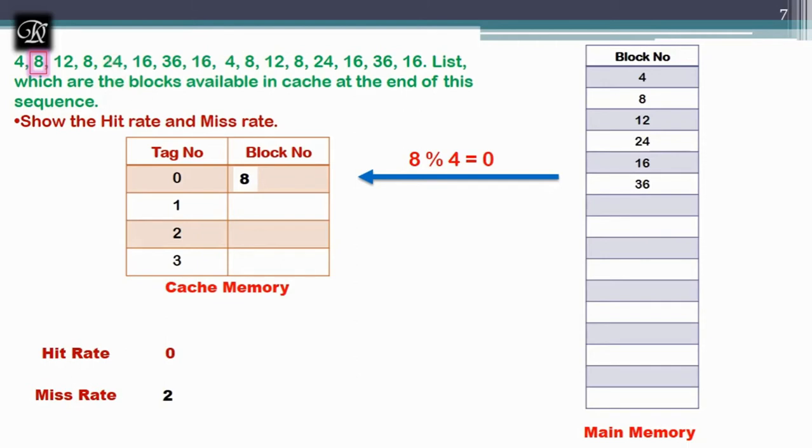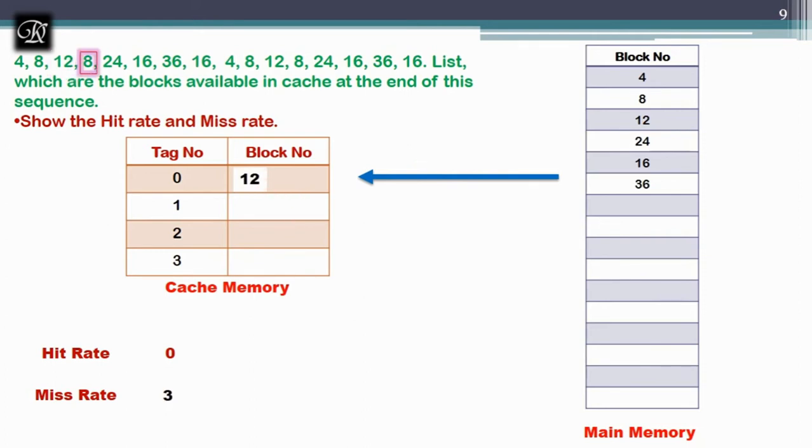And next, 12. If you take 12 modulus 4, the answer will be 0. Again it's going to use line number 0, and 12 is not available in the cache, so we increase the miss count by 1. Now 12 is in the cache.